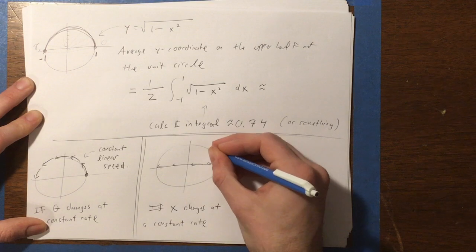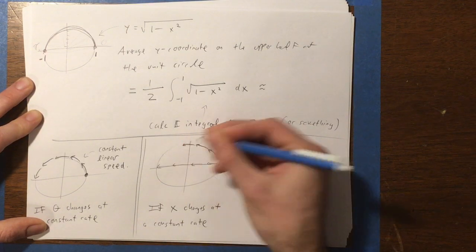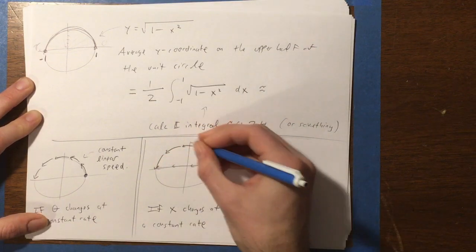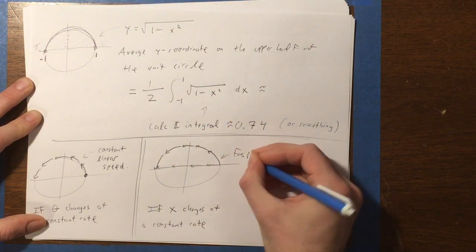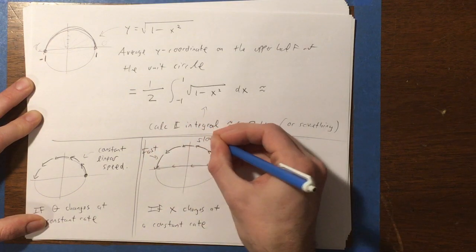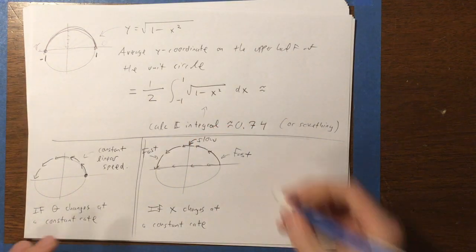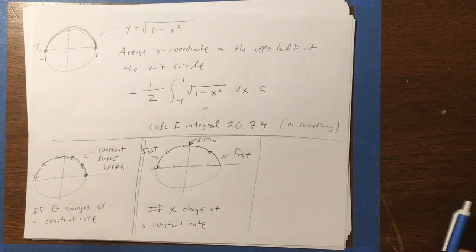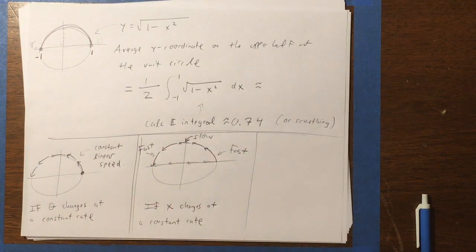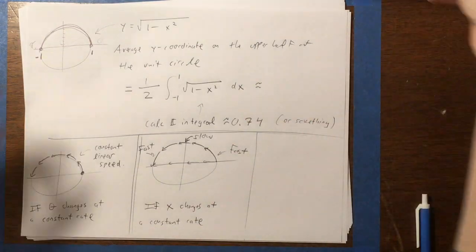And then you're going to end up with quite differing rates of change, where you're going to be moving fast on the sides and you're going to be moving slow on top. Okay? So that means that when you're moving fast on the sides and slow on the top, then as you take your sample points, remember this idea of